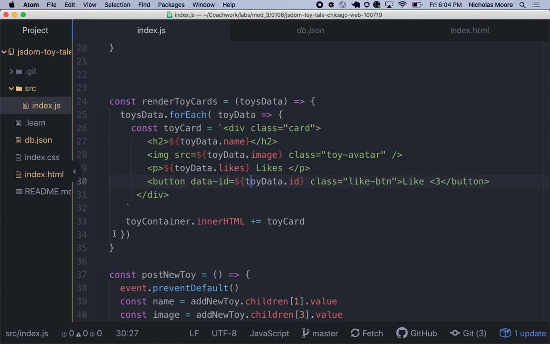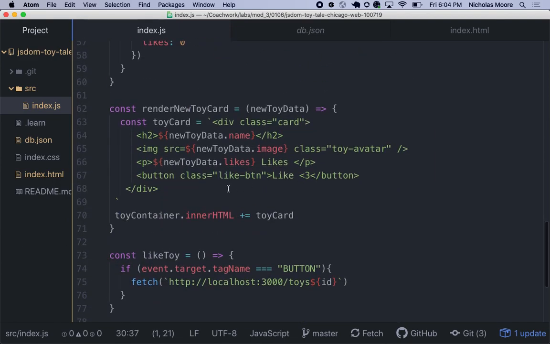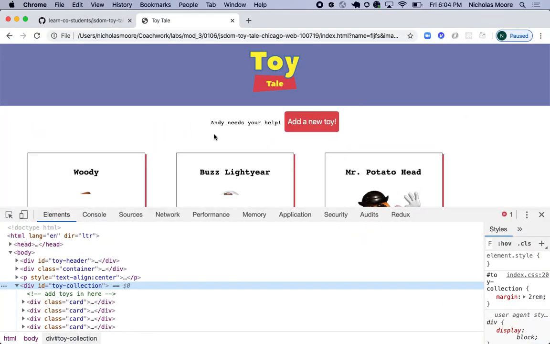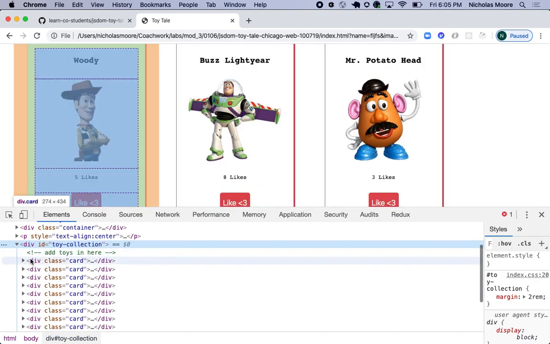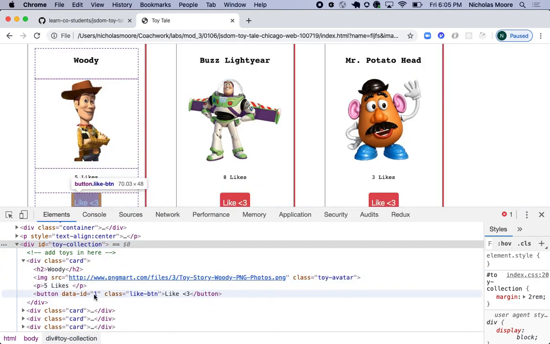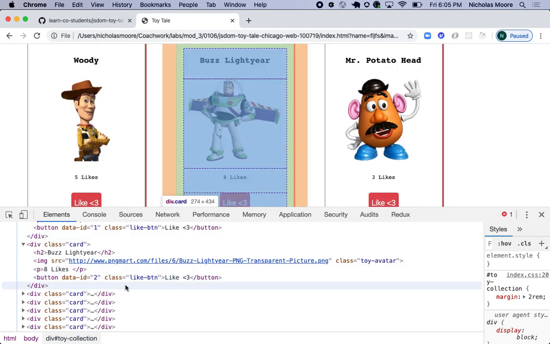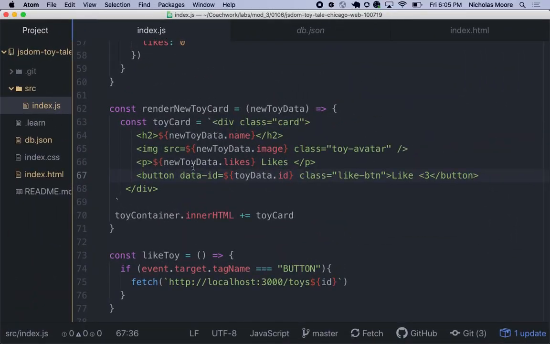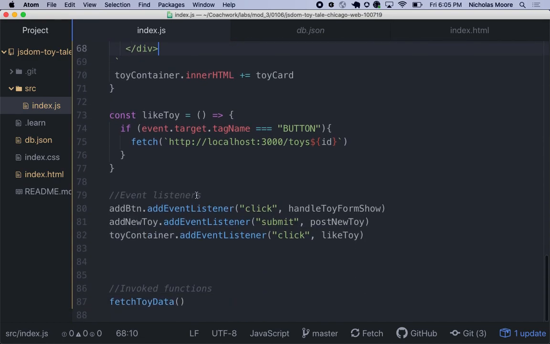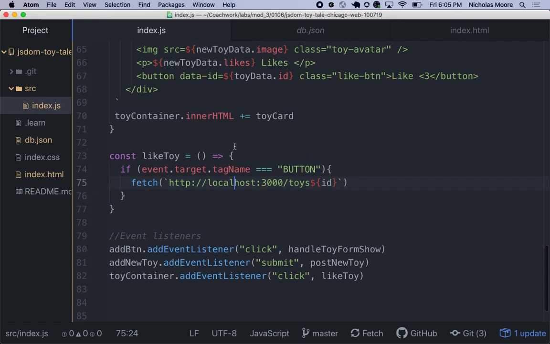And then same thing, because I have it here, I want to do the same thing when I create something, just a new one as well when it comes in, right? And so now if I refresh the page, if I look at the elements, each of these has a button that has a dataset with what ID it is. I just threw it down here, right? See 1, 2. I could just throw it up here if I wanted. It doesn't have to be on the button. I can throw it up here, but ultimately what I want to do now that I have that ID is